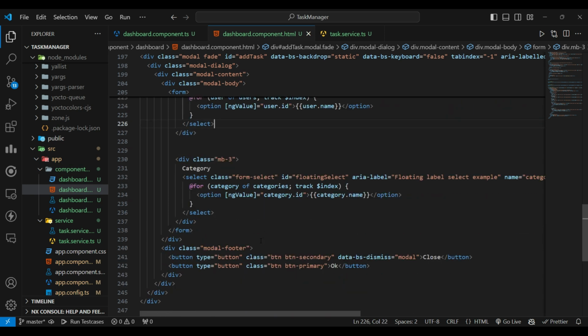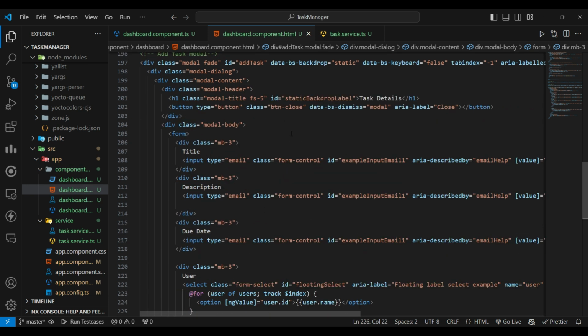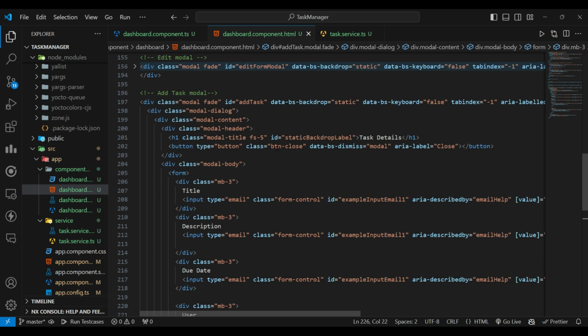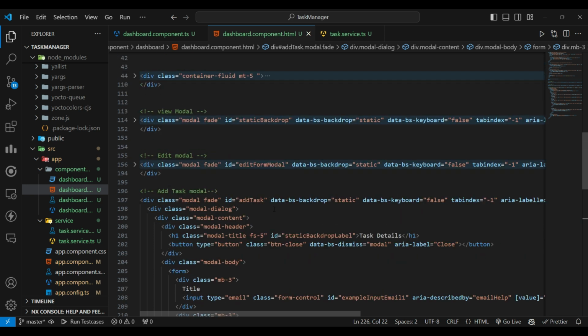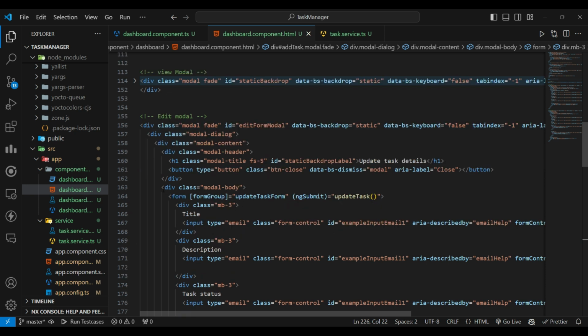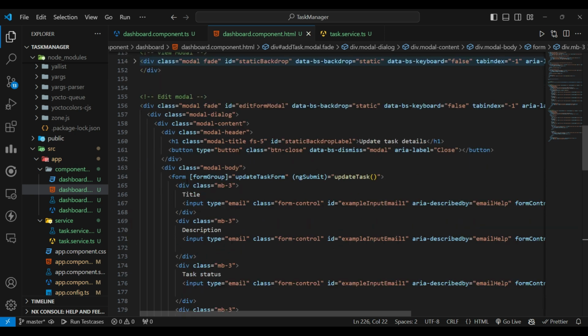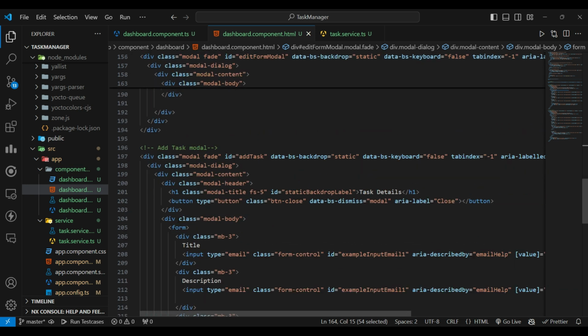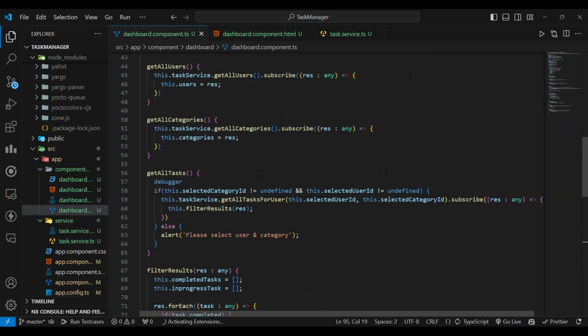Okay, now we'll create one form, to fill the data. Okay, so in edit we have created this form, right? You can see here the form group, update task form, right? So similar kind of thing we'll do. Okay, we'll copy this thing, we'll go here in form, we'll add, instead of update form we'll create a new form. So we'll go here,